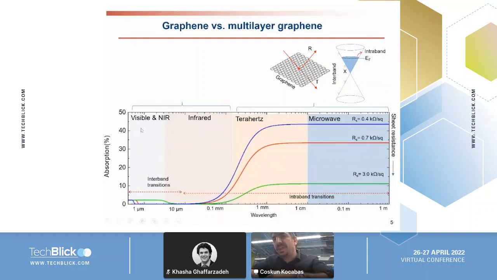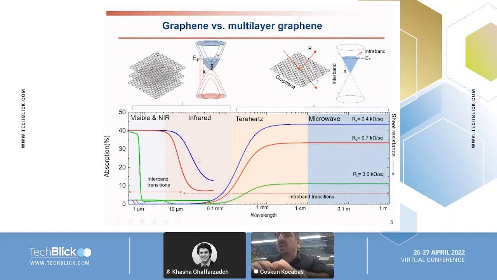But if we go into infrared and visible, single-layer graphene is not enough, so we have to stack the graphene layers, and we have